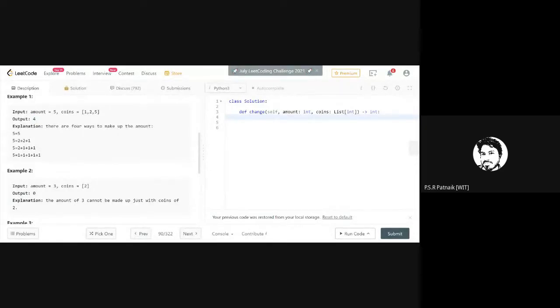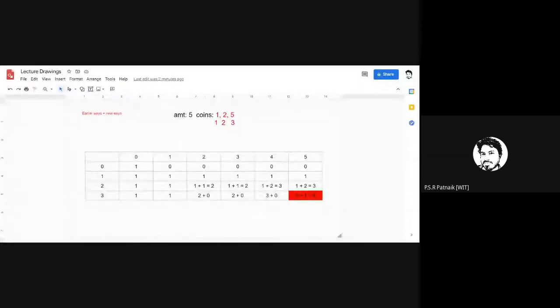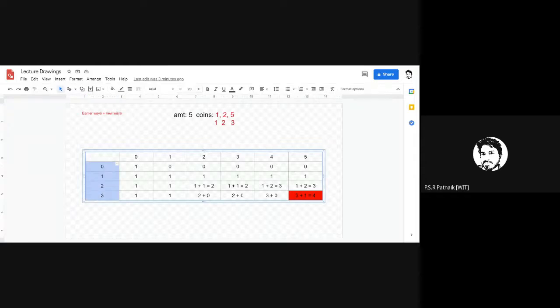What's the first thing I need to do here? Now I need to create a table. When you're creating a table for this, can you guess what should be the length of the table? This is coin and this is amount.